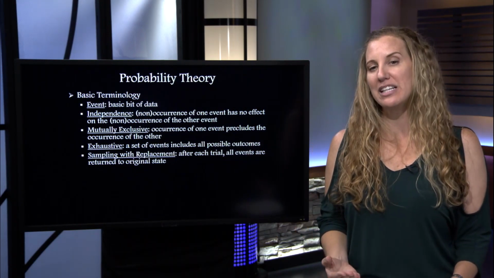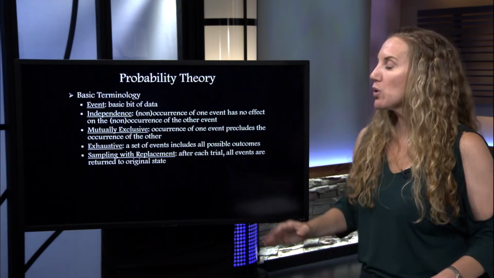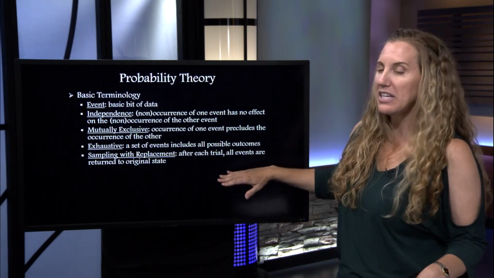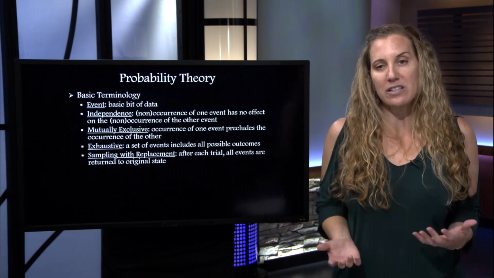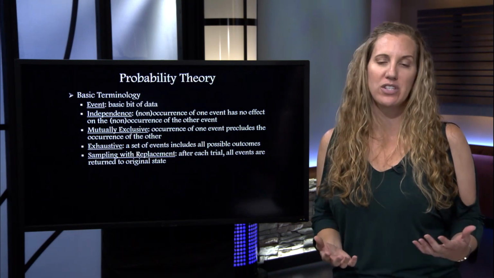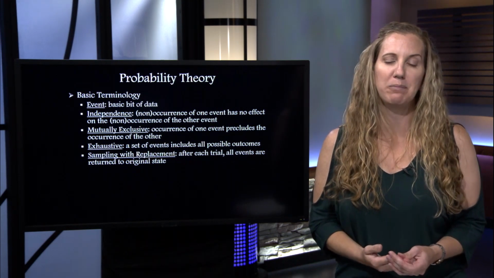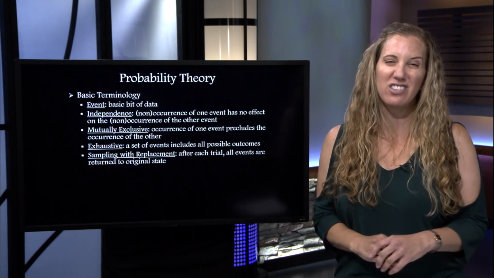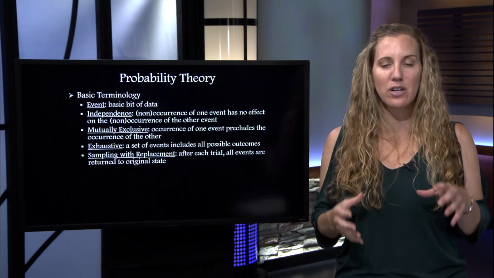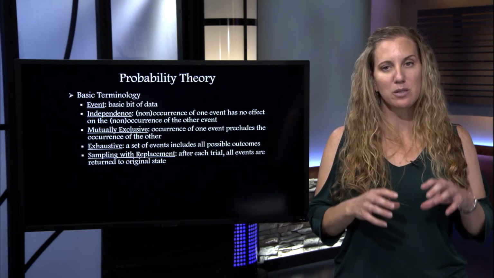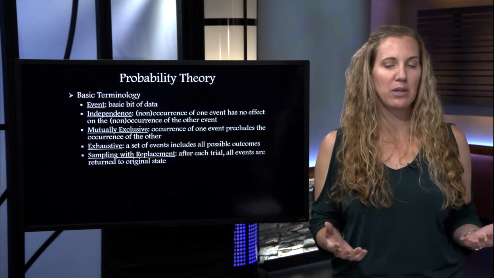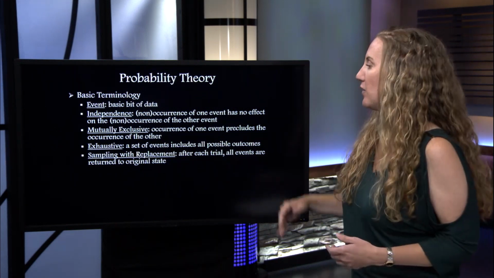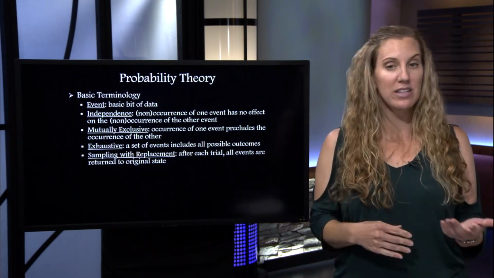So now my probability is actually 40%. So when I'm sampling without replacement, it actually changes my probability. And so one of the assumptions for inferential statistics is actually sampling with replacement. The truth of the matter is we tend to not do that as long as our sample size is relatively small compared to our population. Then we don't worry about sampling with replacement, but do understand that it is one of the assumptions, and